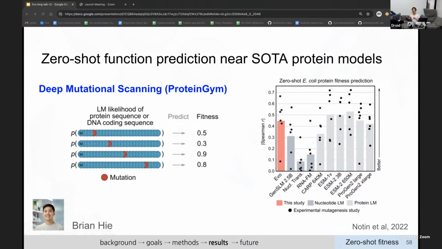The main takeaway here is that against protein-specific models, models trained just on protein sequences, the Evo model, which was trained on raw DNA, is quite competitive. So it looks like the objective that we set out to train on, which is single nucleotide level training from raw DNA, can grab a signal from protein sequences.